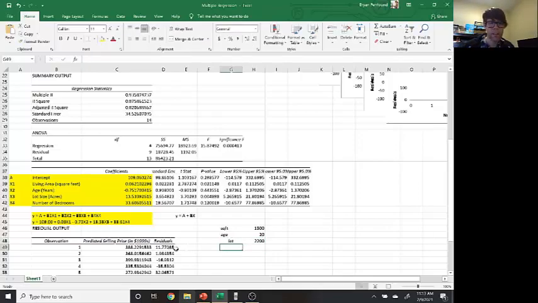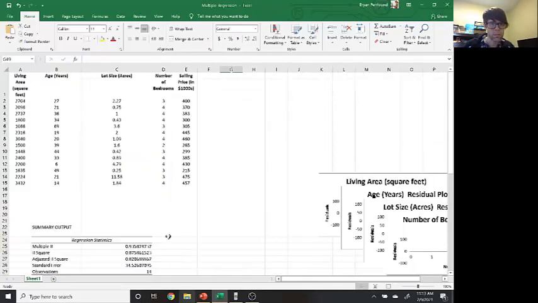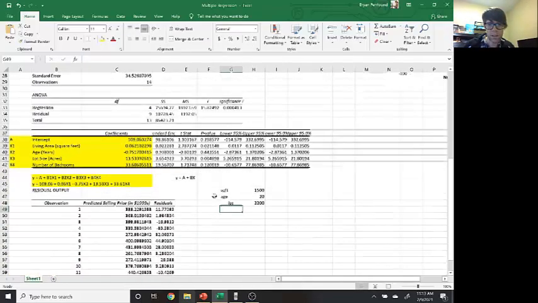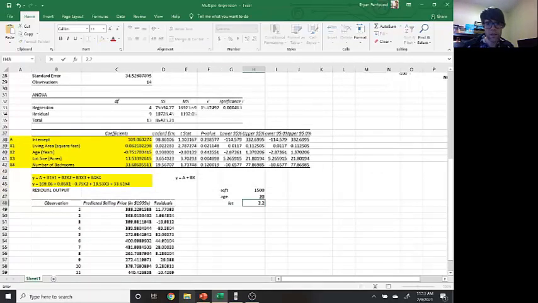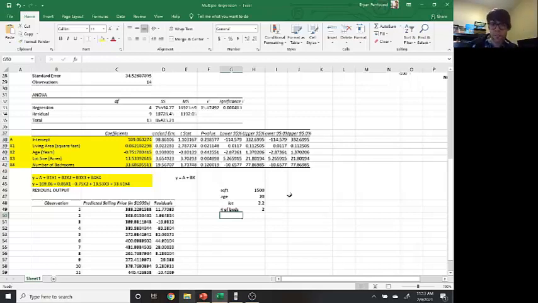Sorry, it's in acres. I have to be careful here. So let's go 2.2 acres. And the number of beds, let's take 2. So if I have this information, I can now ask Microsoft Excel to extrapolate this data by